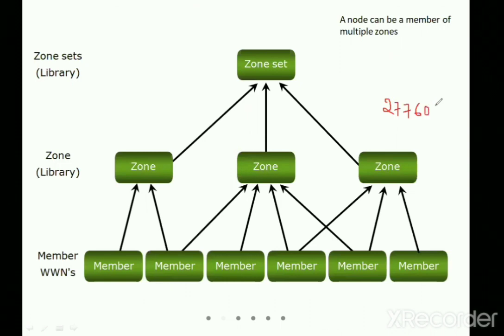When I say 277605, and the code of Bijapur is 08352. When I say 08, please remember, this is a particular zone set. That means this all belongs to the Bijapur area. And when I say 35 and 2, this is acting as a zone. That means which area it is going to come.